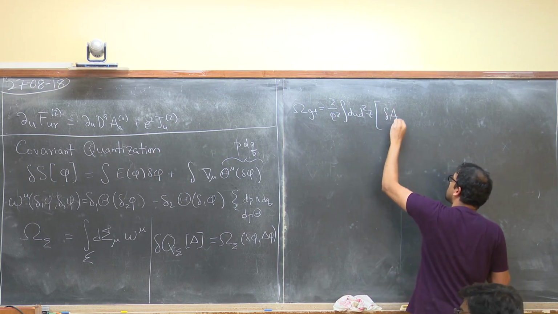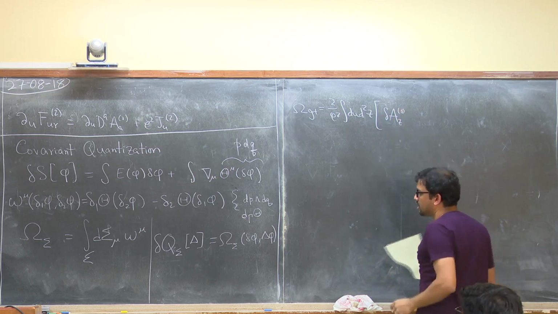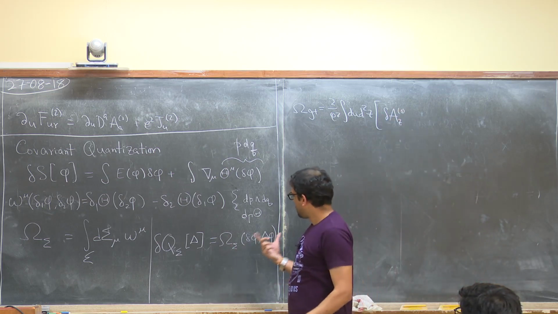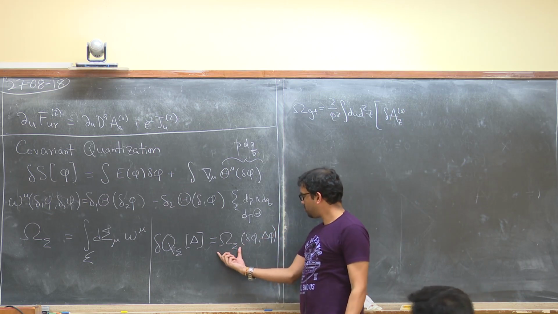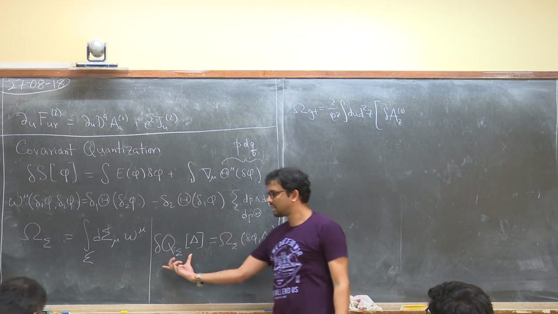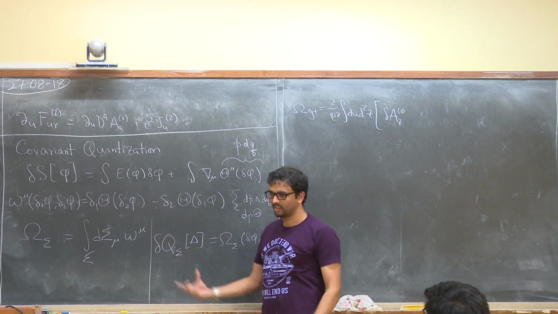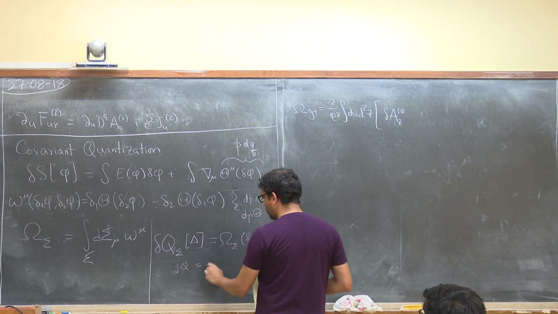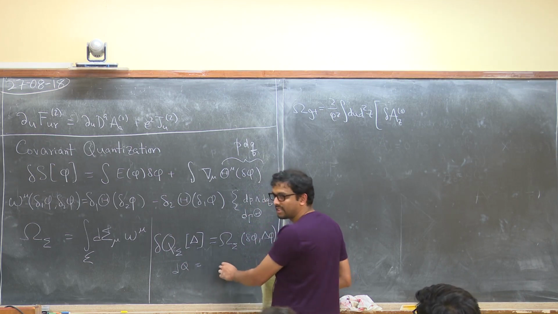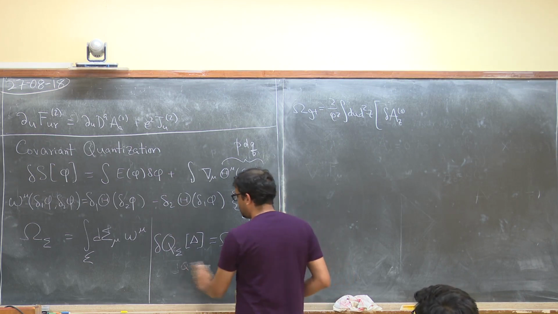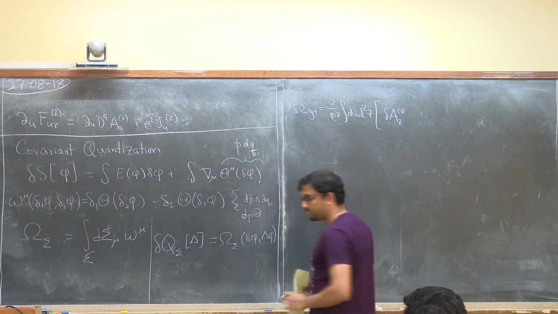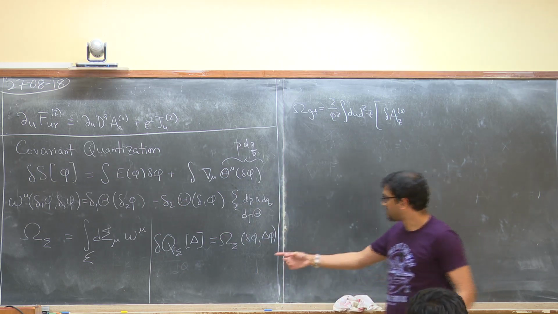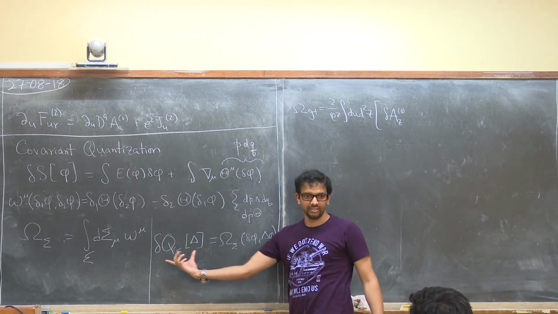Why do you call this delta? This is originally a 2 form. This is a 1 form. This is another d of some 0 form. So you should think of this as dq on phase space as some 1 form over here. Now if this 1 form is exact, then I can solve it. But typically it's not. So the small delta is an arbitrary variation. So this side depends on delta phi. This side also depends.